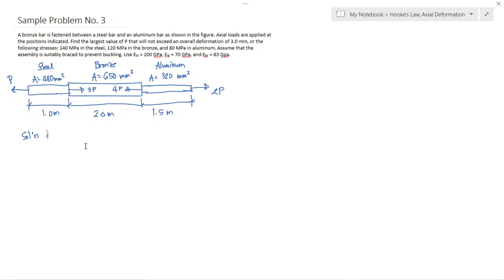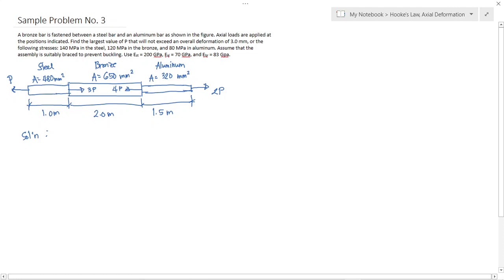Now, this is the figure as shown. This is made of steel, 1 meter length, bronze 2 meters, aluminum 1.5. And the loads are applied here at the positions indicated. So, in terms of P, the load here is P, here is 3P, here is 4P, and at the other end is 2P. Now, the condition is